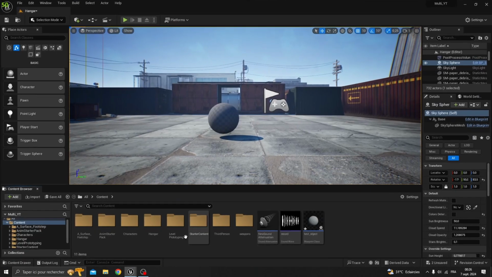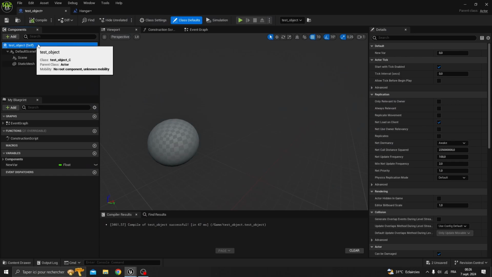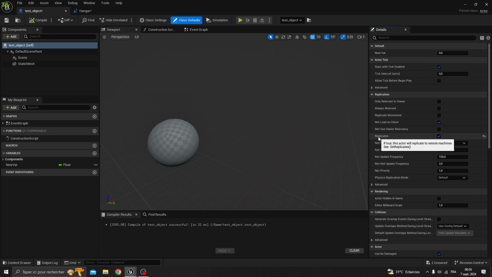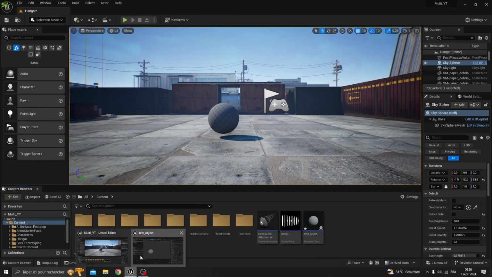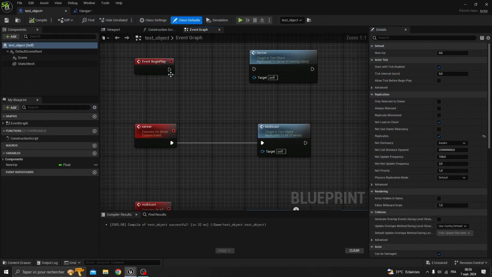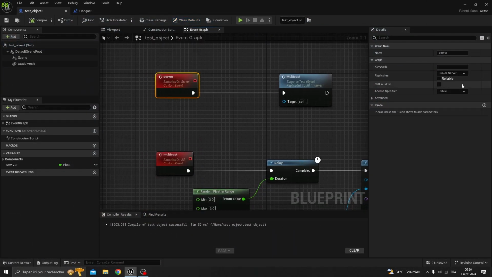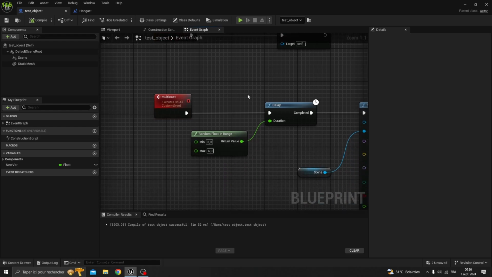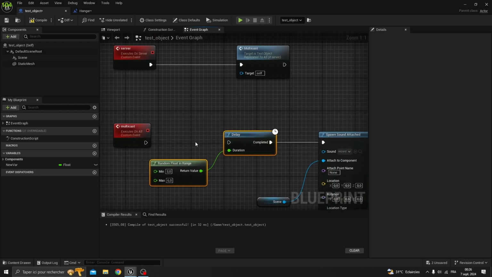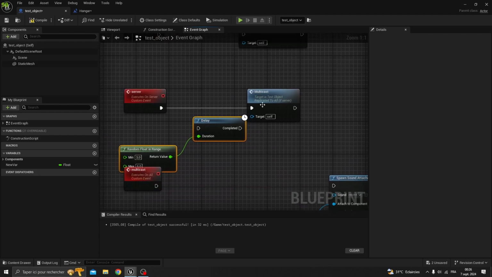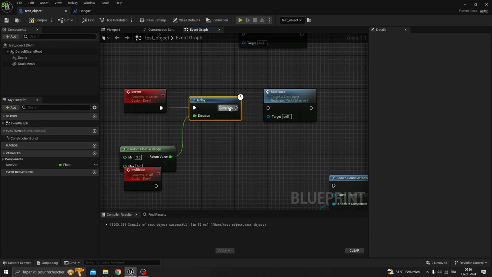So now I am going to show you how to spawn the sound properly in the first option, which is replicate. So now we have the same actor for the three players. So now in order to play a sound, you need to add a custom event with the replicate option set to run on server and another custom event named multicast, of course, with the replicates set to multicast. And then here I put this delay in order to show you that we are really using the same actor and the sound is properly